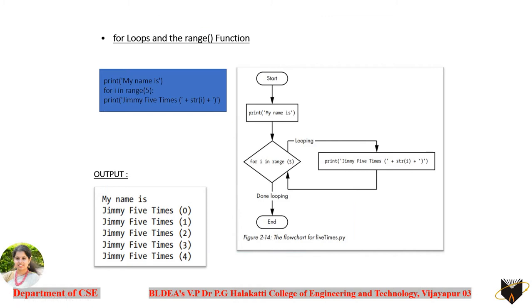So a similar kind of example has been given with a flowchart here, just to tell you how it executes. So this statement, that is print Jimmy 5 times, will be executed for how many times? Starting with the range 0 to 4, but not the 5. Do remember here, whatever value you give to the range method, one value less than this is going to be considered as the last iteration for this for loop.